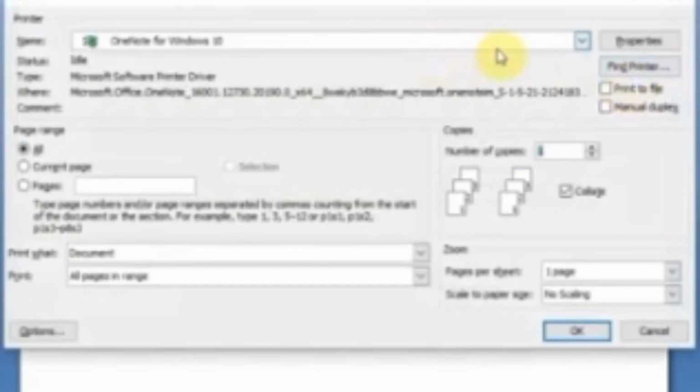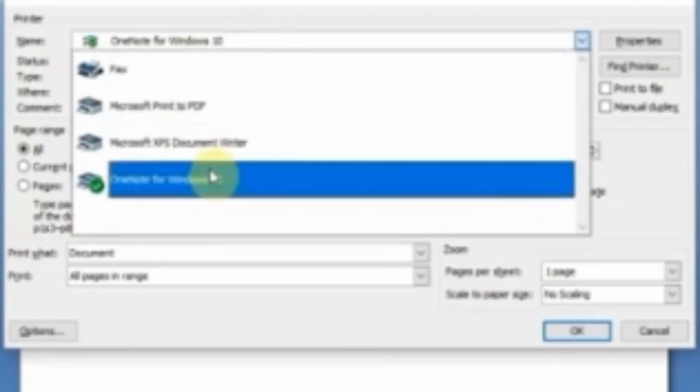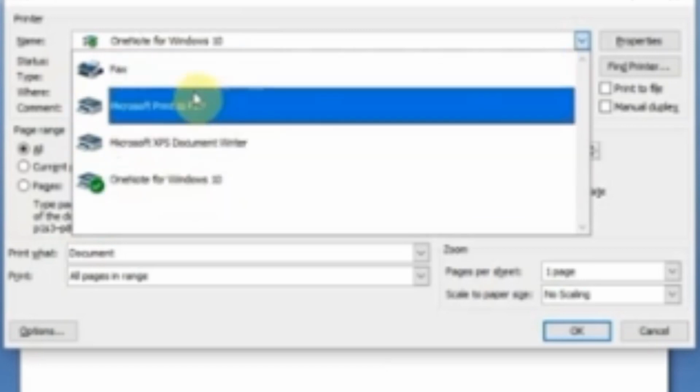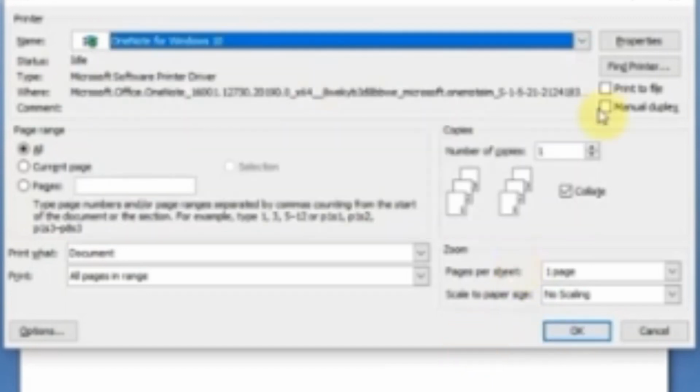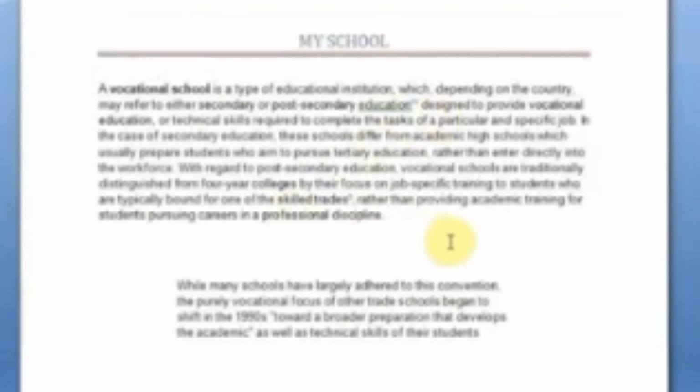Another alternative way to get the printout of your document is to press Ctrl plus P. When you press Ctrl plus P, the dialog box for printing the document will appear on your screen. It will show the hardware device connected with your desktop to get the hard output. You can select the printer connected to your laptop or computer, and after clicking OK, it will proceed further. So this way we have completed our document.